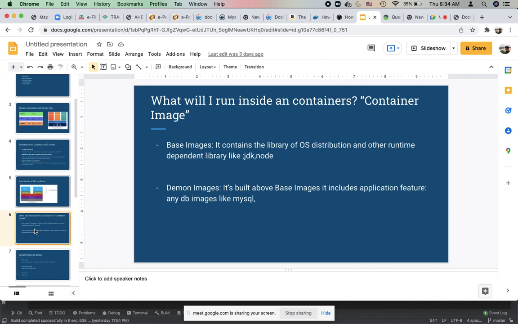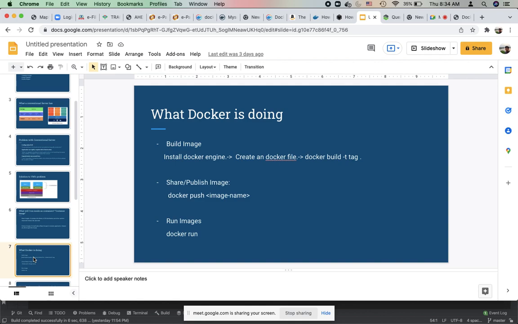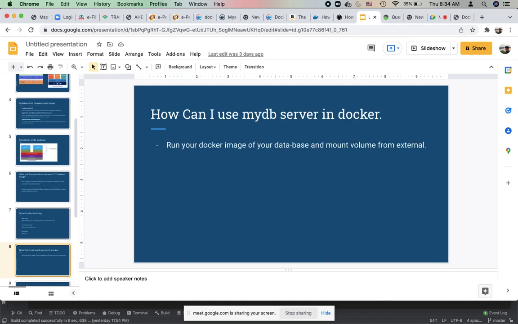And second thing, what type of image we used? So base image and daemon's image. And what is the role of Docker? To download the image, to run that image, and to publish or share that image. Okay. Now, next thing is what we are going to discuss. That is, let's understand from a perspective of